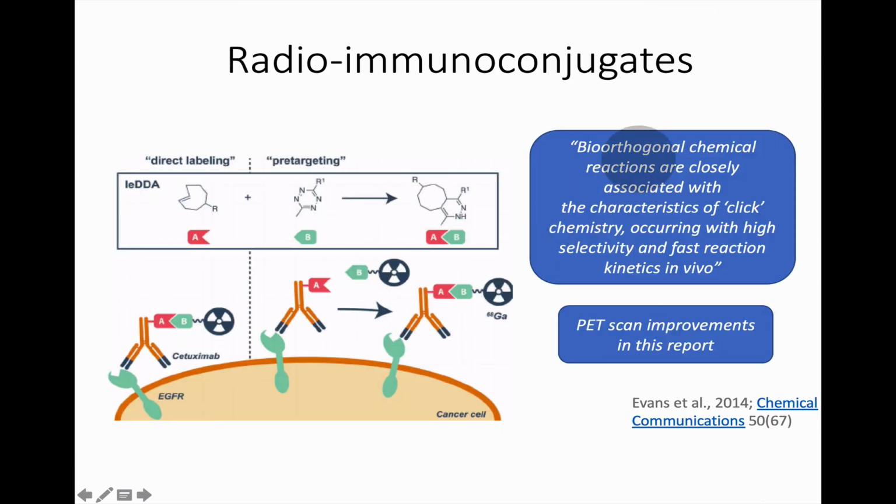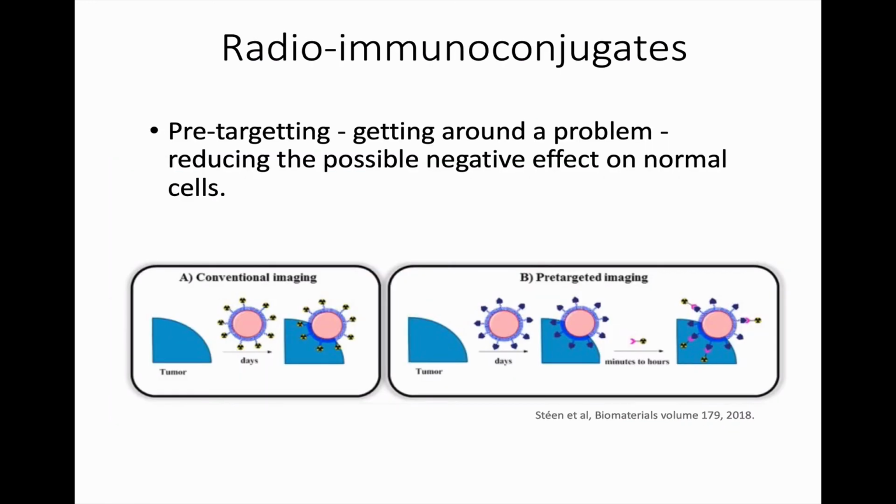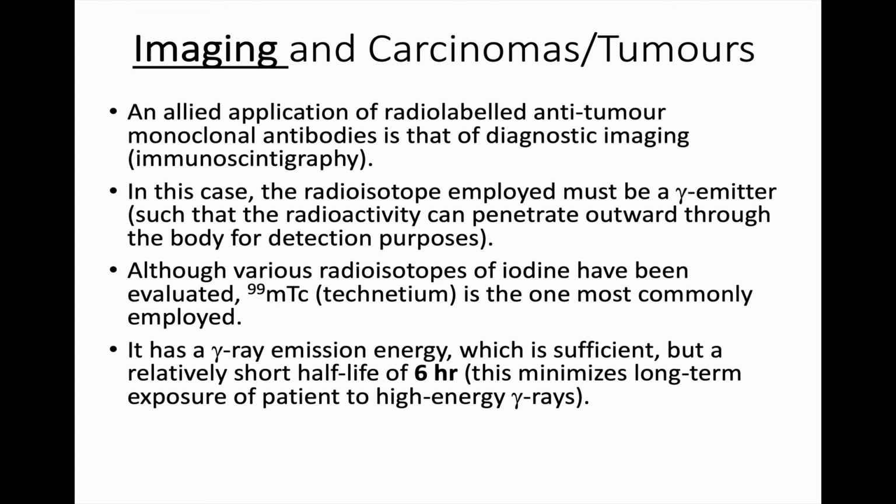And we talked about how we can even look at, I suppose, some new ways of trying to minimize the radioactivity doses, even like in a two-stage process, and how people are trying to find new ways of this, like even click chemistry, things clicking together so that the radioactivity will only be at the right place. We talked about pre-targeting, trying to get around a problem in certain situations,